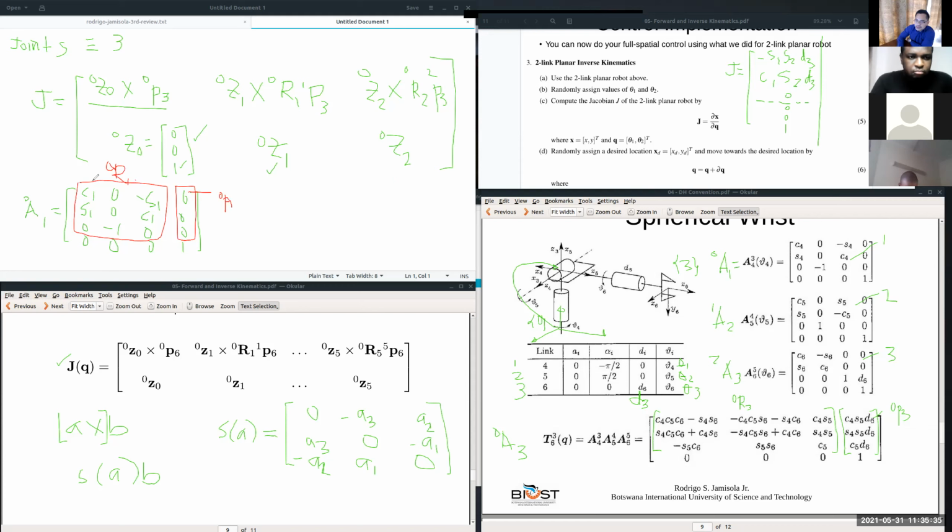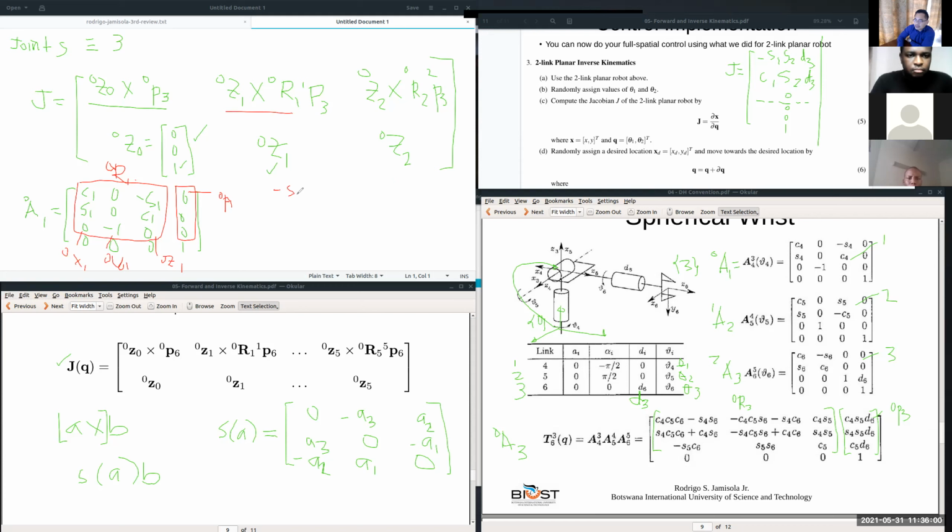So this part is 0X1, this part is 0Y1, and this part is 0Z1. That's why you have this part. So now if you do that, you have 0Z1 is